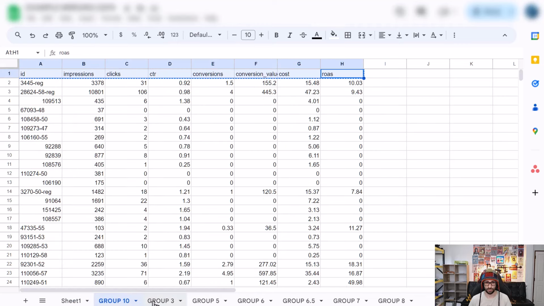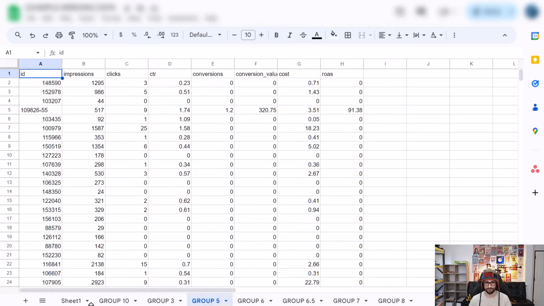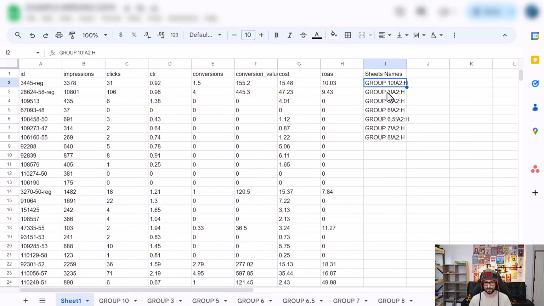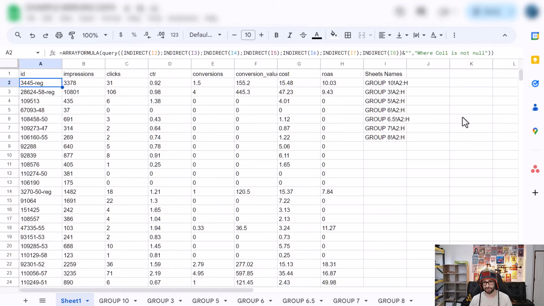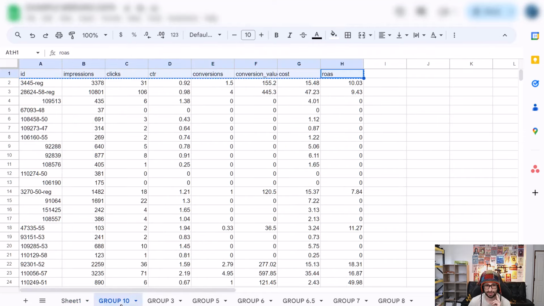So you can see we have group 10, group 3 and 5, group 10, group 3 and 5, and then it will copy. Now this spreadsheet I will share with you guys so that you can just use it as an example, so that the only thing that you really need to change is the data that goes into each sheet. So what you can do, of course, if you want to rename this, let's say you want to just